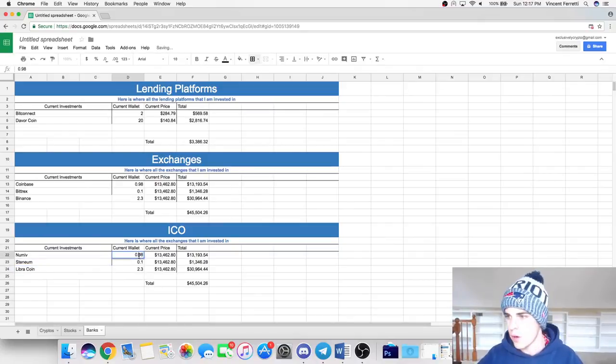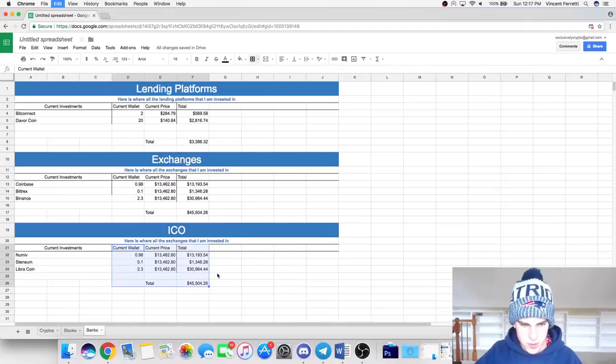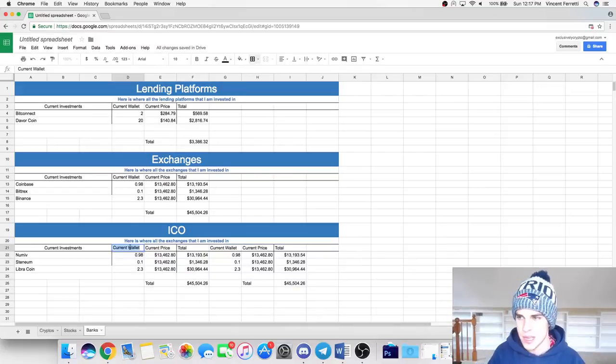So now we're saying the current wallet we have about, and we can even go deep into this. I'm actually going to go a little bit deeper into showing how I put it. So the first thing I put is the initial investment. So this is how much that I actually invested in the actual ICO, the amount in BTC that I actually invested. You don't have to do this, but I just like to see it so when it does come out, the coin amount, how many coins I purchased, and then we have the current price, we have the current amount,